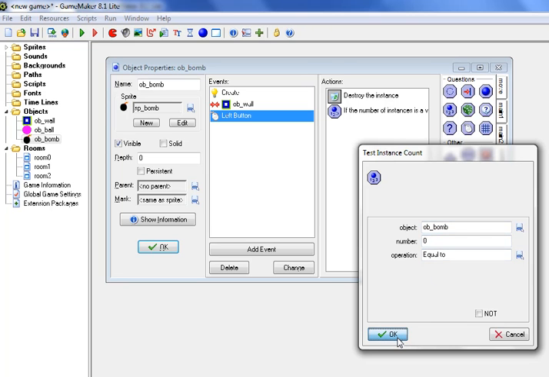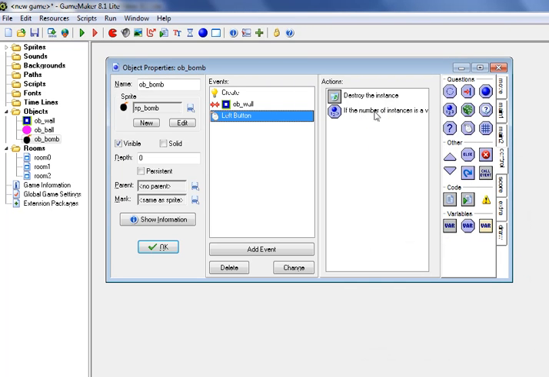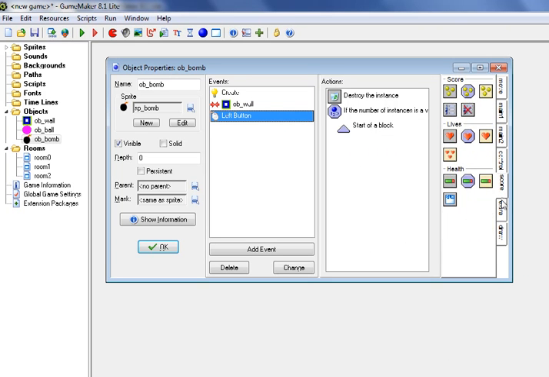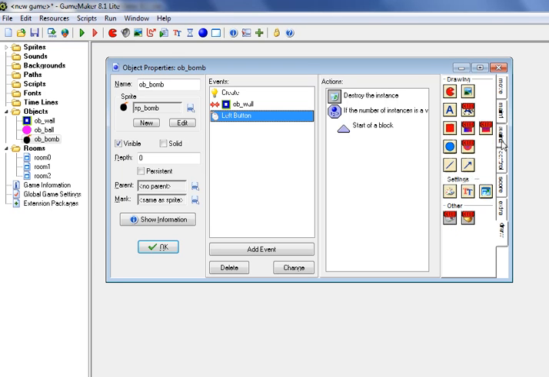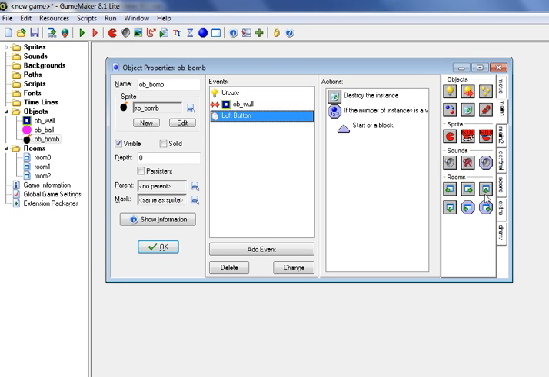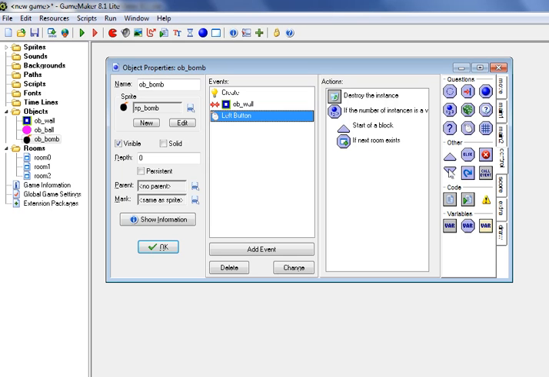If the bomb count gets to 0, we want to add a block, and we want to check for the next room, and then go back and add a block. So if the bomb count gets to 0, it's going to check for the next room. All right. Actually, let me